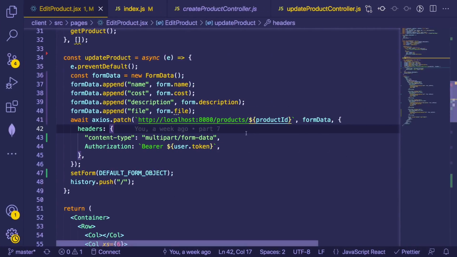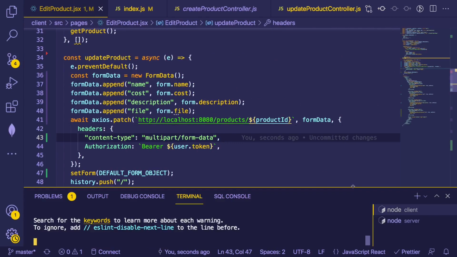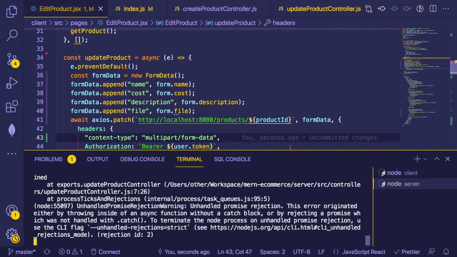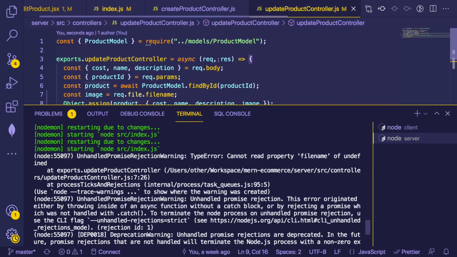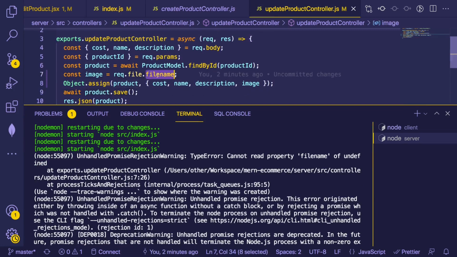I don't know. The backend must be failing at this point. Let's go look at the backend. Man, I thought this feature would be pretty easy to add in, but it's turning into a lot of work. File name is undefined. So update product controller, it's saying file name is not defined